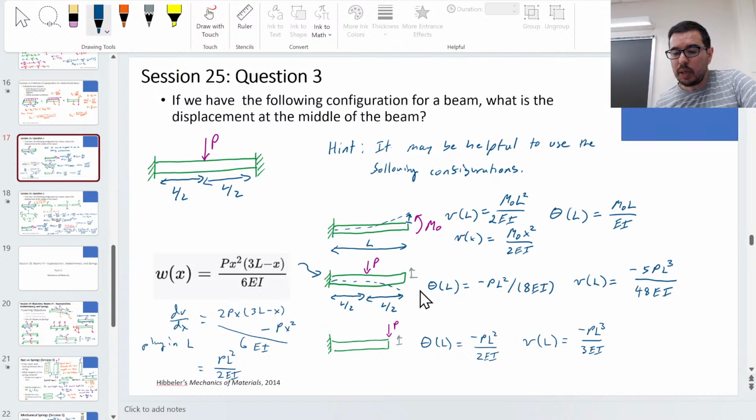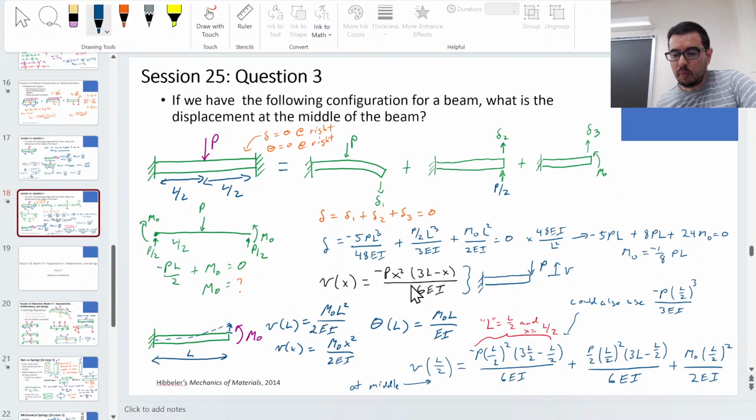One, we need to apply it and calculate out what it is. So that's plugging it in right here. So L is equal to L over 2, and also,